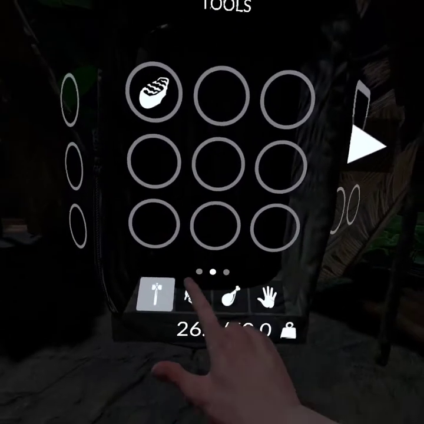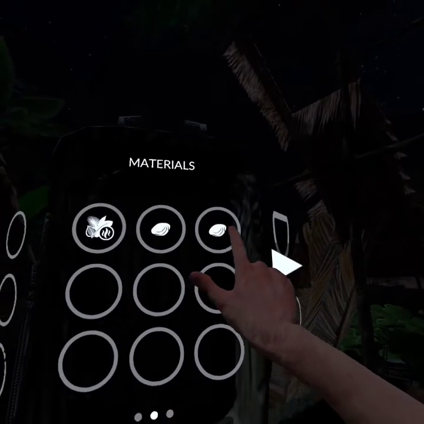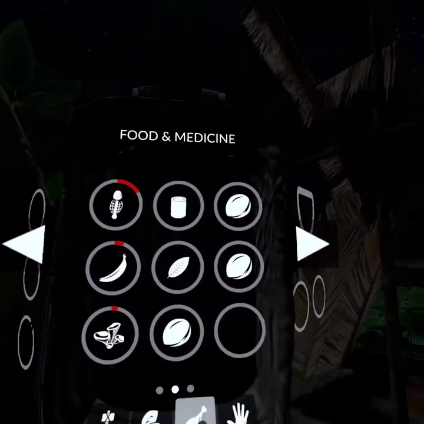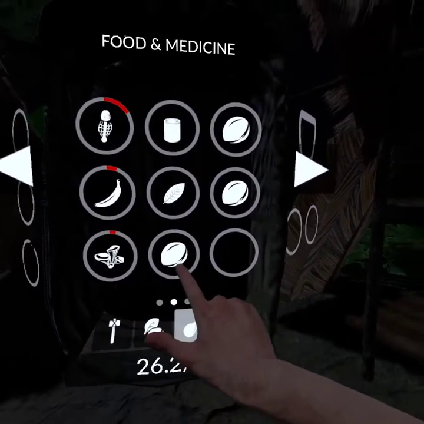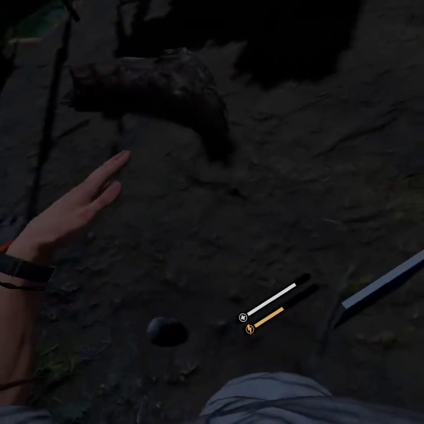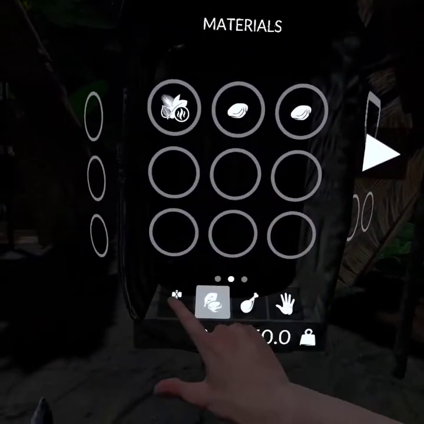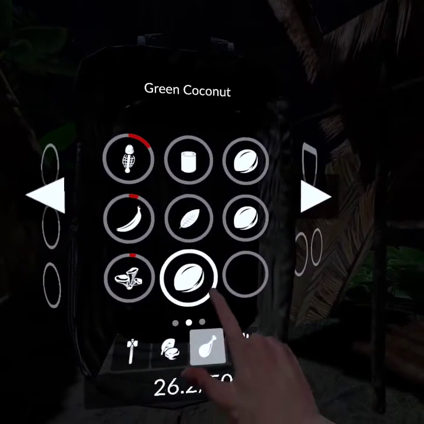So we've got flint, and I like to take inventory here. So we've got dry leaf, which will start a fire. We've got some coconuts. What did we do with... Oh, that's what I was looking for. Okay, so let's see if we can open up...